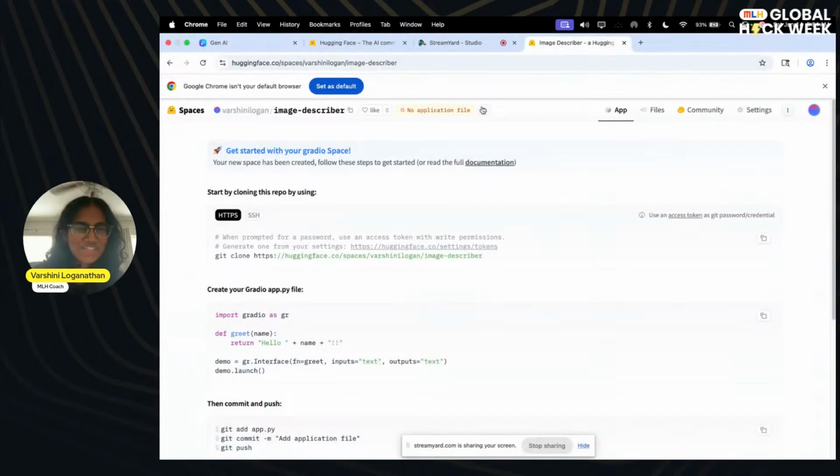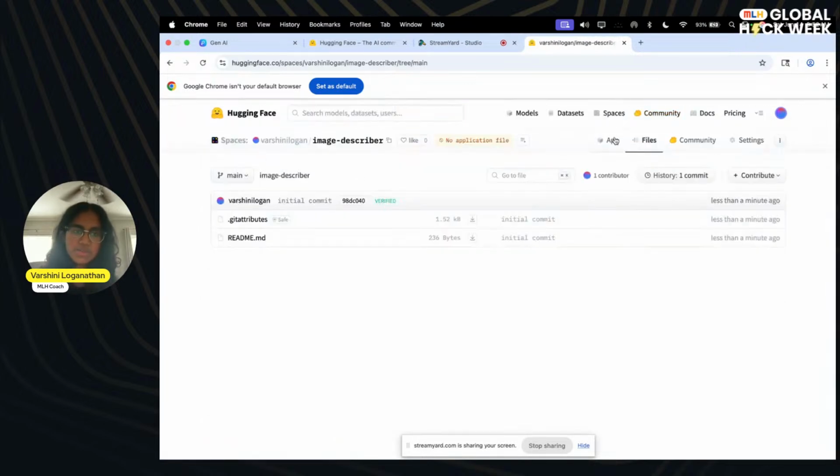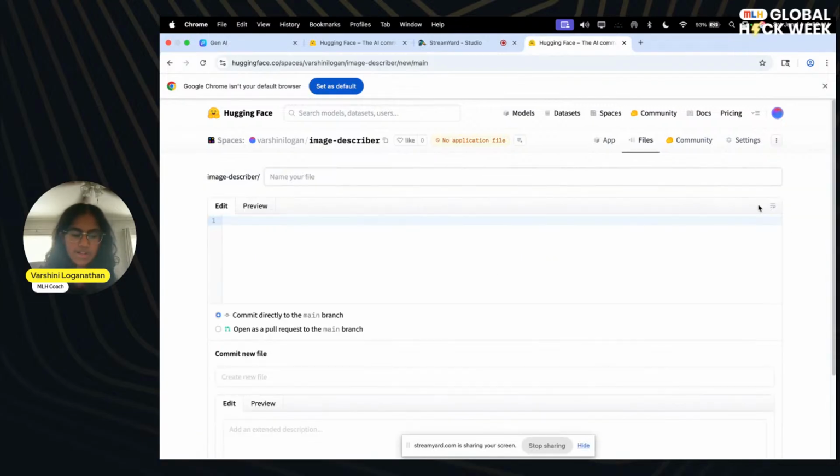Okay. So make sure y'all are going through that space, and it's going to set up a Git-like repository for your space. I was saying it's kind of like GitHub. This is what I was talking about. So we're going to go ahead and add an app.py file with code. So we're going to go into files. We're going to click add file. So you click contribute and you click create a new file, and we're going to import a long line of